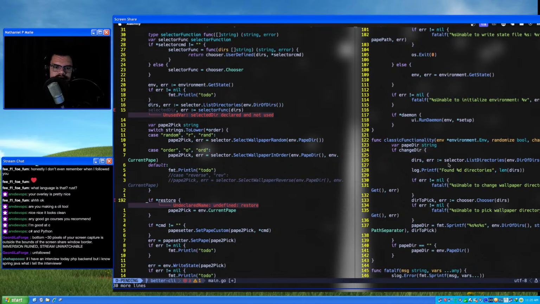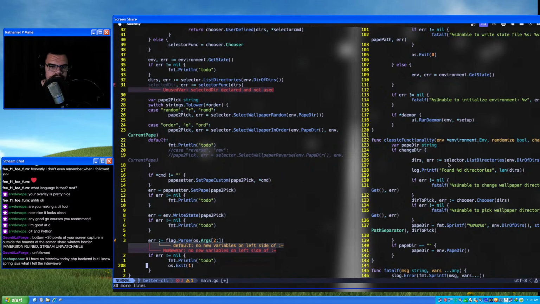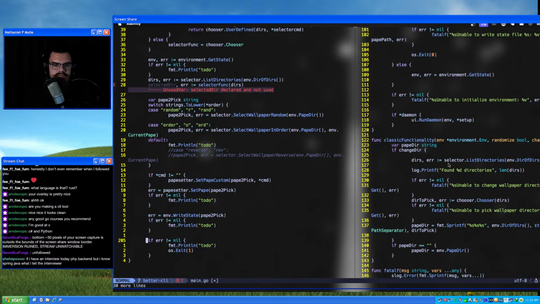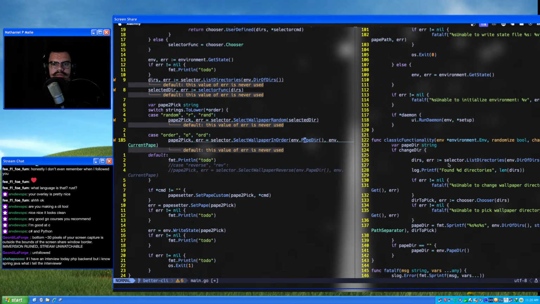Don't need this restore thing. Don't need that. And then we'll replace selected dir in here. And then we'll do the same thing in here.